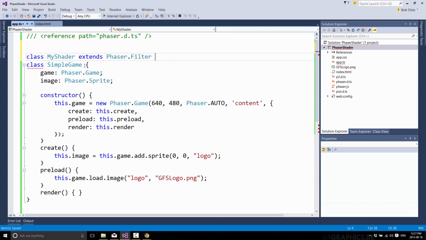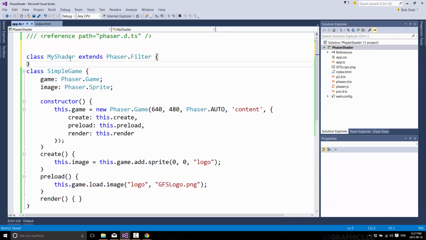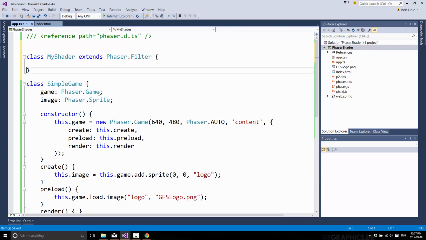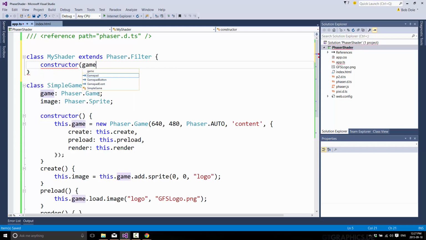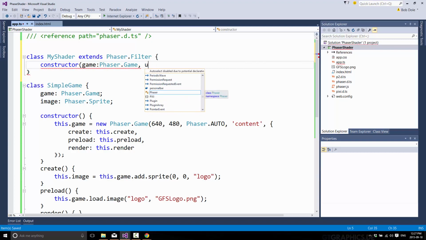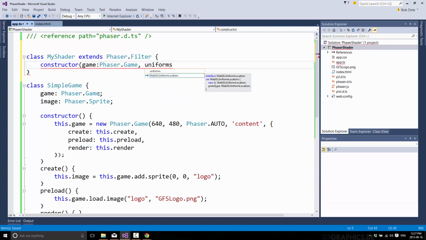Phaser.Filter, like so. One of the nice things about TypeScript is you get this inheritance mechanism here instead of a prototype type. I won't call it a hack. That's not really fair, but it's basically what it feels like. So we'll create a constructor. It takes a game. It takes uniforms, which are parameters that are passed into a shader. In this case, we'll give it an any. And the source code